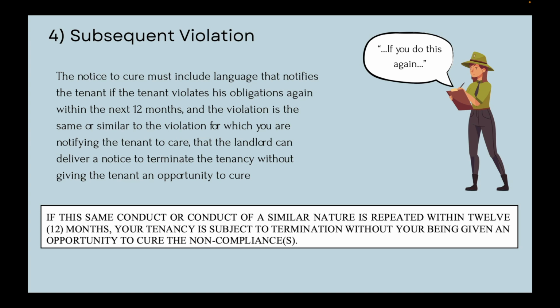Subsequent violations. This is where if the tenant commits the same or similar violation within 12 months of the first violation, that you can terminate that tenancy without having to give another notice to cure. But you must have this subsequent language in the notice to be able to terminate the tenancy if there is a second or subsequent violation. Of course, you must also have delivered the first 7-day notice to cure to be able to terminate on a